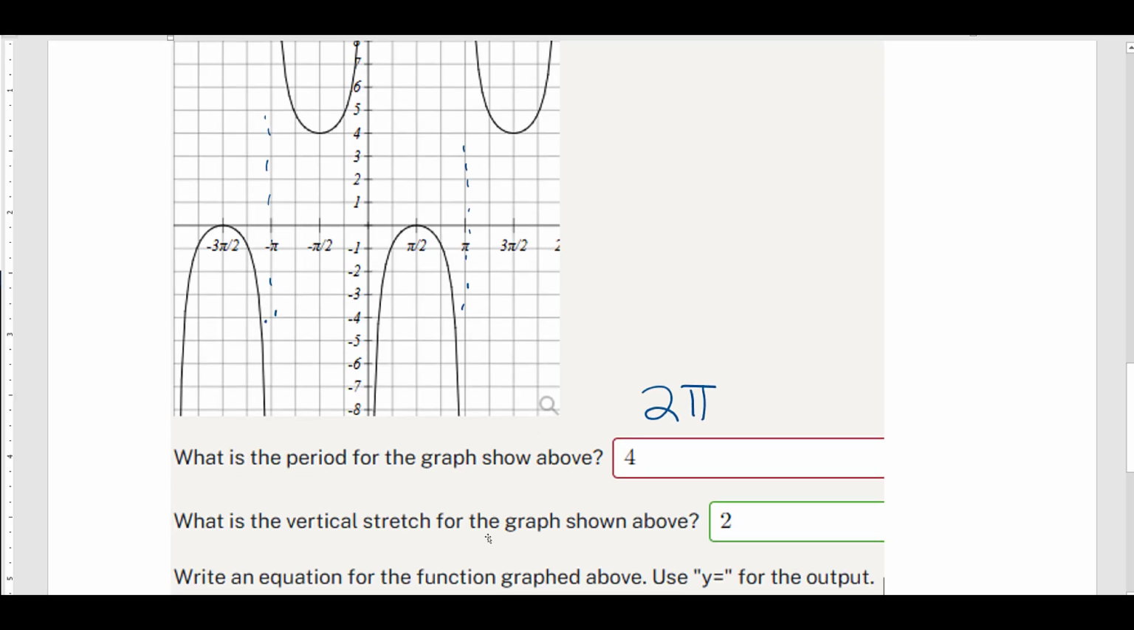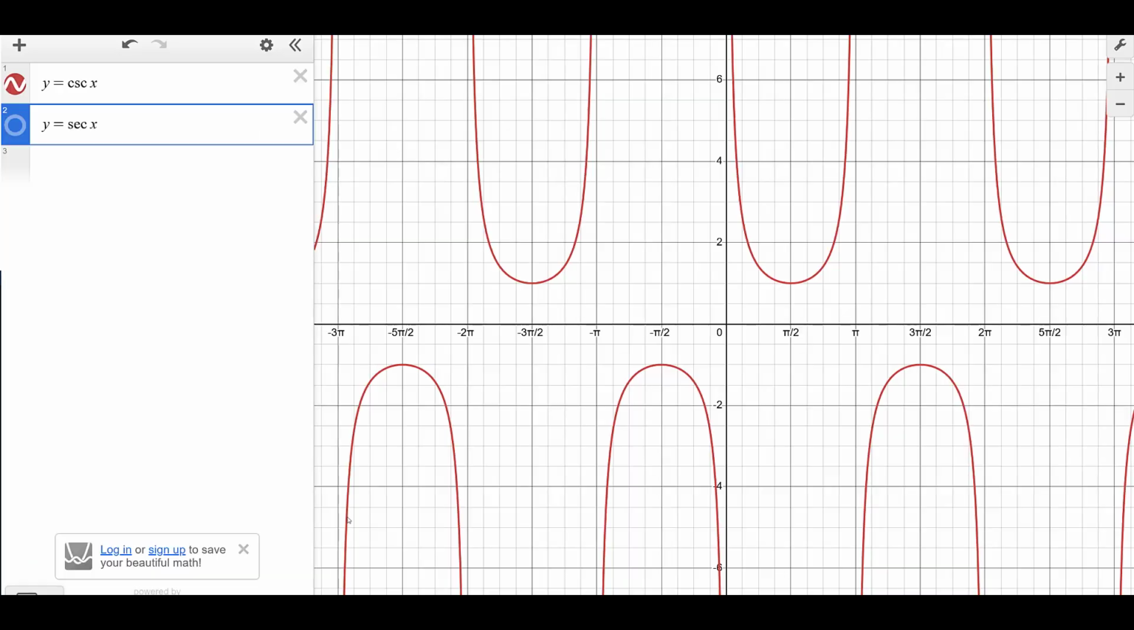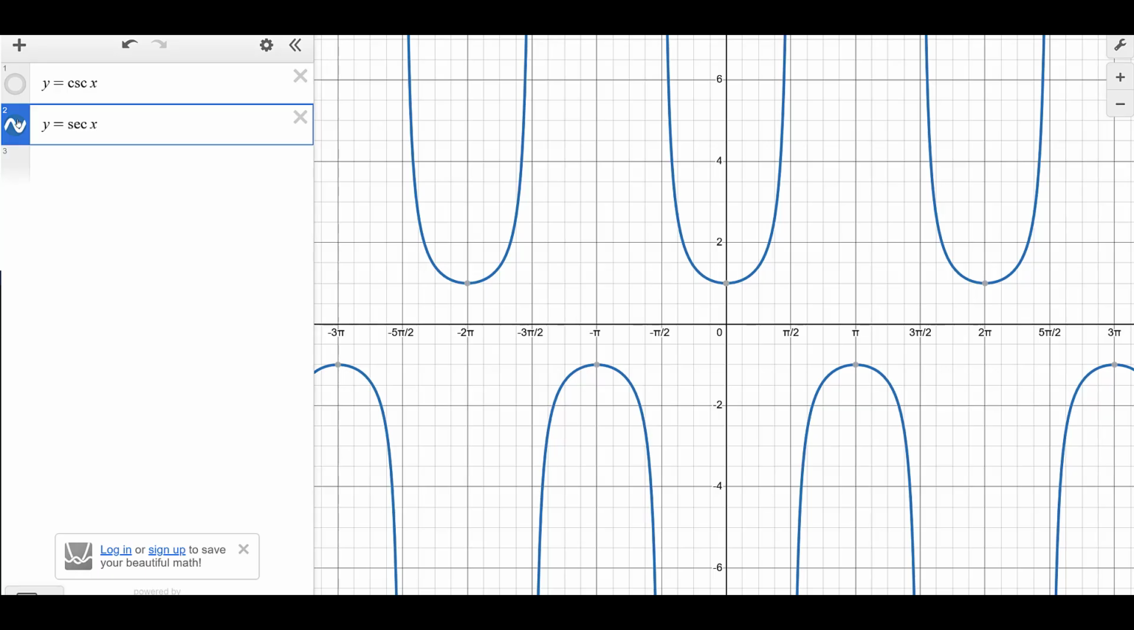And then it says, what is the vertical stretch for the graph shown above? So let's just take a look at that part. What might be helpful is to compare this to, it could be a y equals secant x or y equals cosecant x. I have here on this other screen a cosecant and a secant. We can choose either, and we can always shift a function if we wanted to, but if we want to keep it as simple as possible, here's a secant,